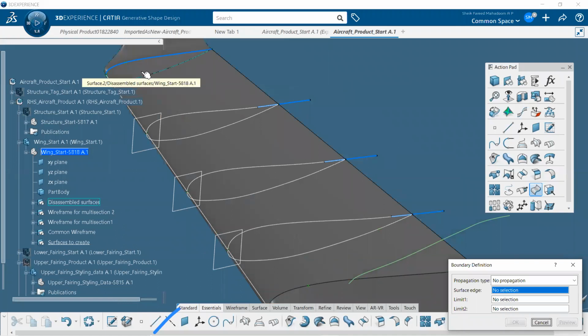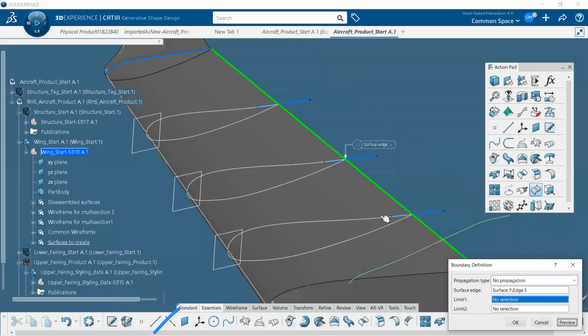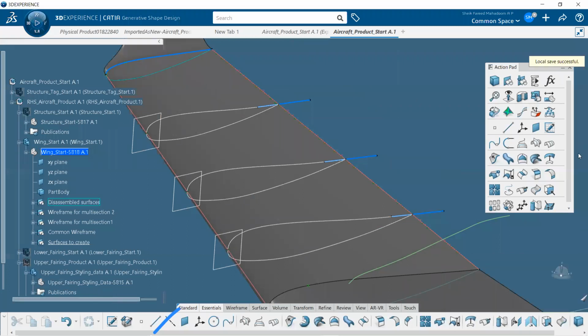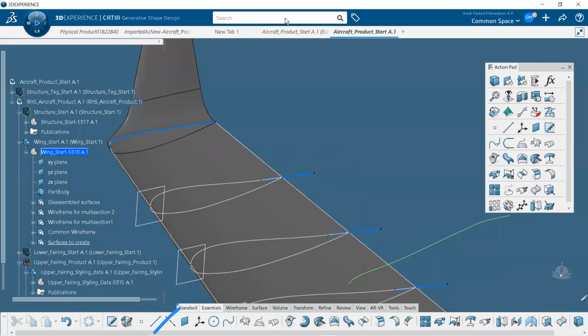Okay, guys, look very carefully, I'm going to use the multi-section over here. Same way, just select the boundary over here, review. Okay, so I have 2 boundaries and I have multiple profiles. Now I can create the multi-section. I create the surfaces between all the profiles that we created. So let's go to the multi-section.